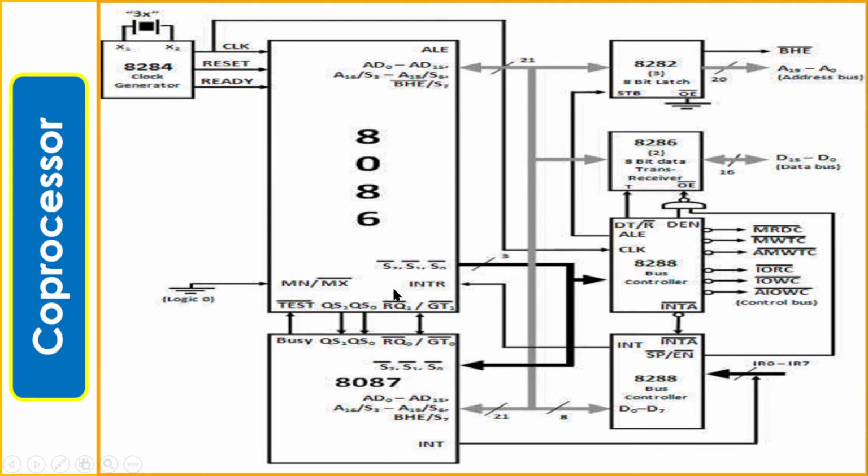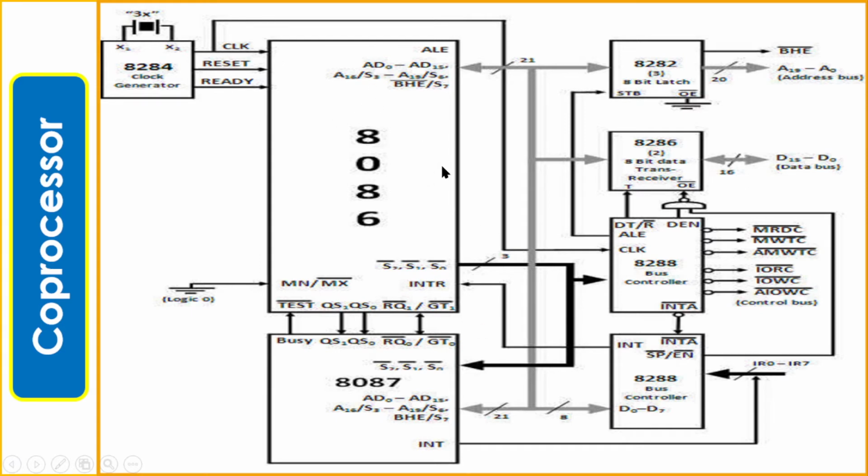How will the 86 and 87 perform in this? Let us start here. There will be memory. After this, the 8286, the data bus and address bus are connected to a common memory, which will hold the program for 86 as well as 87. Both will be in a single memory location in a sequence actually. There is no separate memory location also. As a single program, it consists of instructions for 86, then instructions for 87 both.